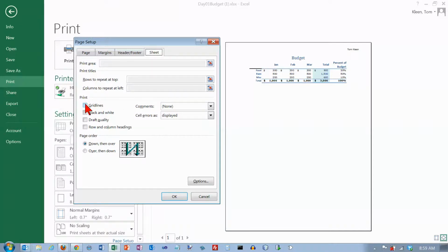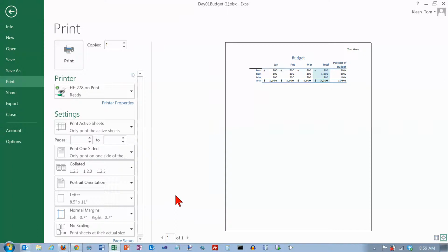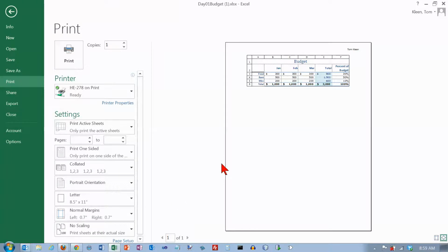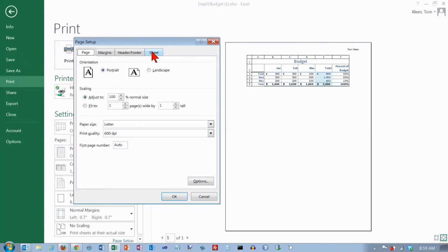You can also turn on grid lines, and you can print row and column headings. I'll turn these two things on and click on OK. I don't really like the way this is going to look. It puts the letters at the top and the rows over here on the left, and it draws the grid lines in. And actually, I think that's kind of an unattractive printout, so we're going to go back